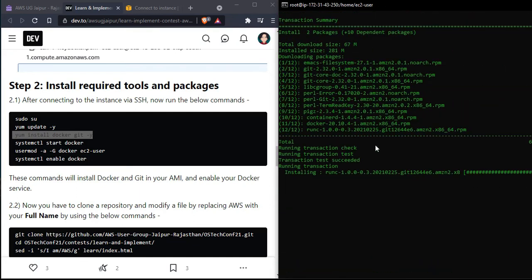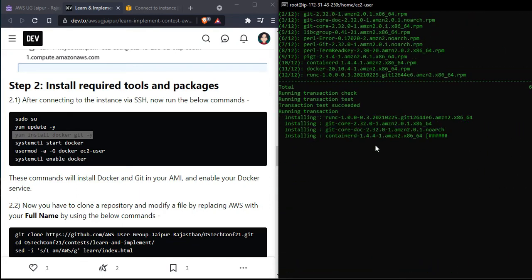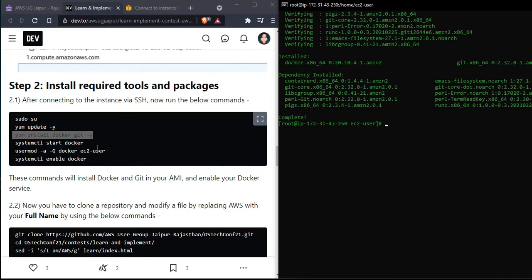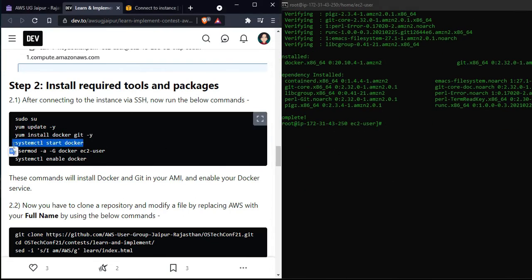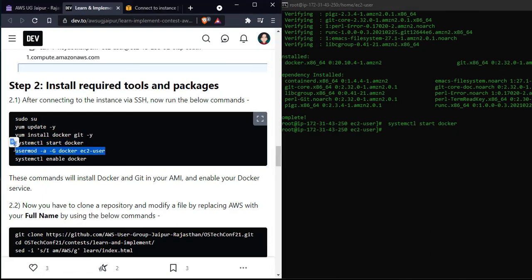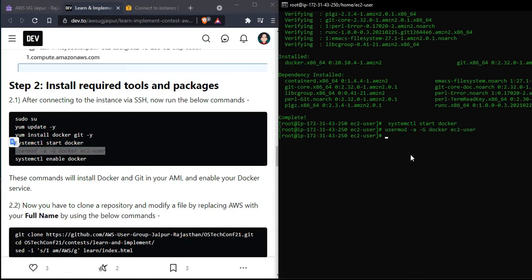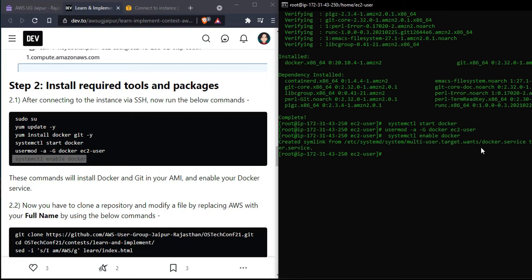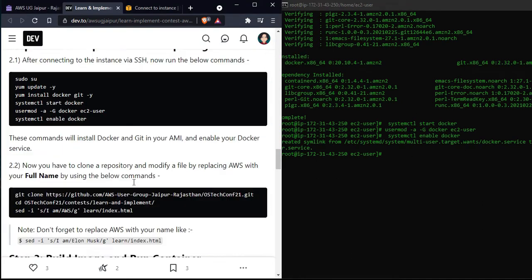This will install Docker and Git in this AMI. Now you need to start Docker, and you just need to copy this command, and you need to enable it. For some reason, let's say you reboot your instance, it will again start the Docker service.